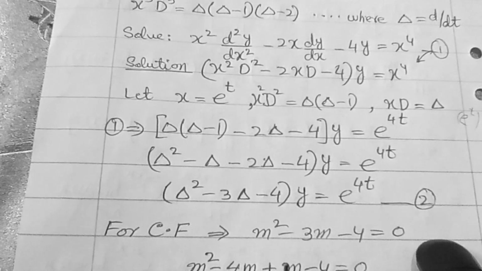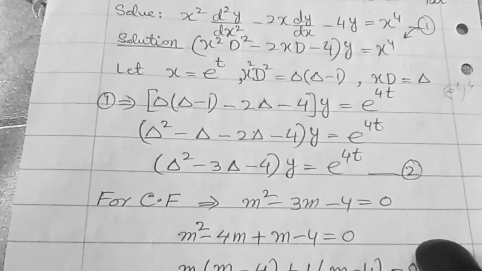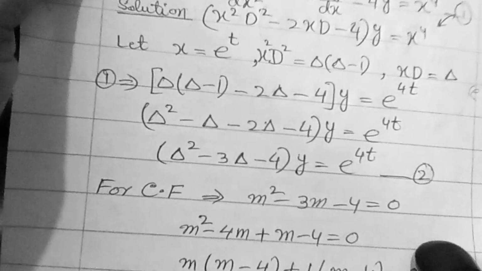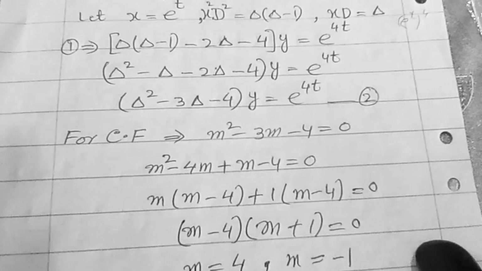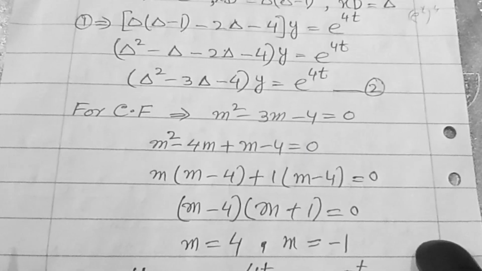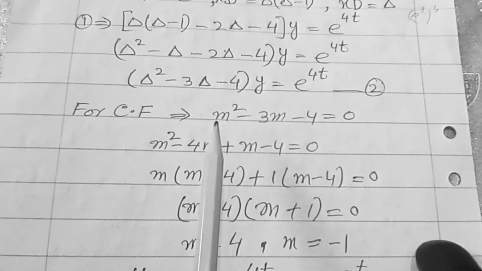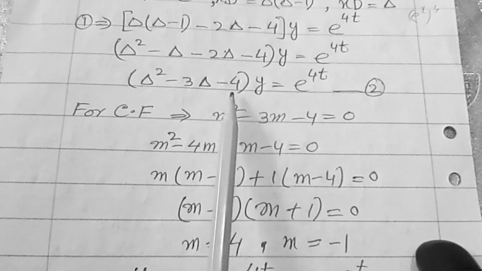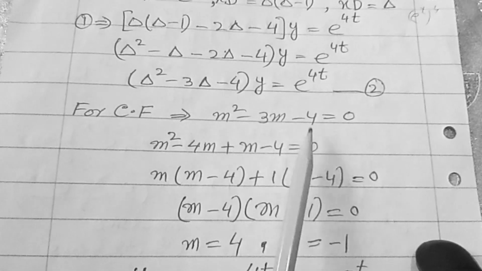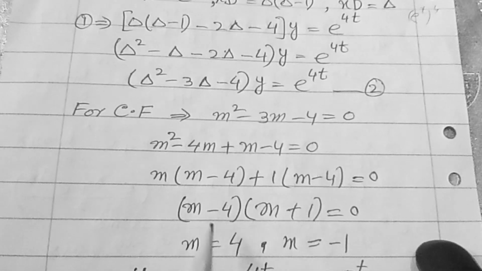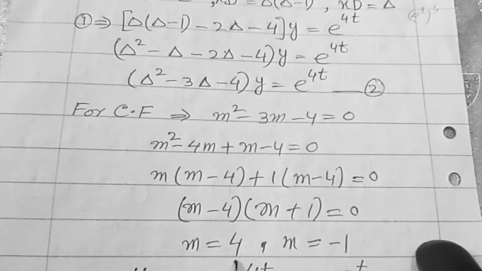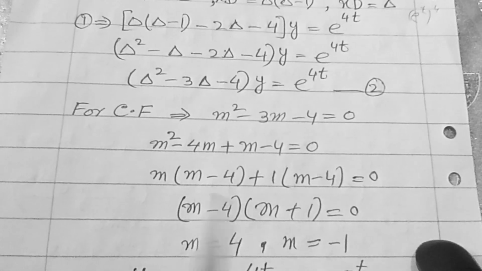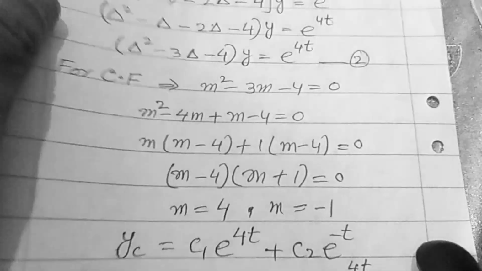This is the Cauchy-Euler differential equation that has been transformed into delta. For pursuing the solution, we will consider the left hand side to find the complementary function of the differential equation. So how do we find the complementary function? By taking the auxiliary equation from this equation, m square minus 3m minus 4 is equal to 0. By factorization, we will obtain two factors, m is equal to 4 and m is equal to minus 1. The complementary function for the differential equation will be